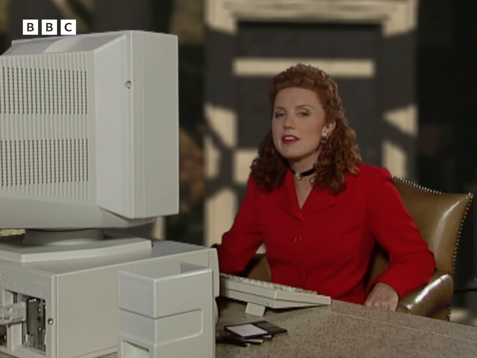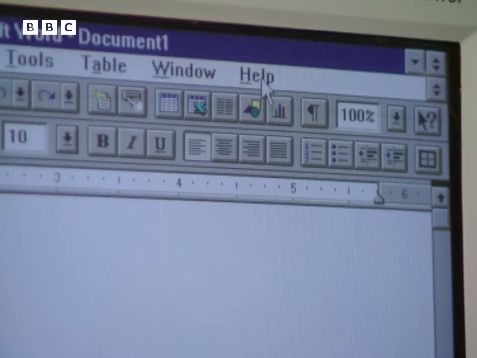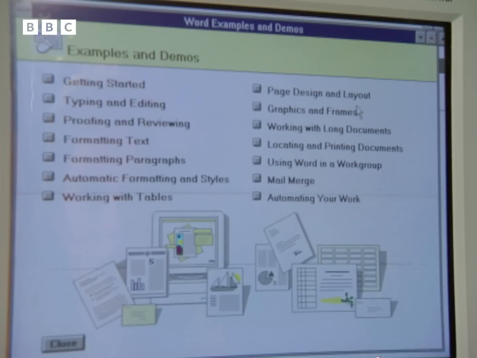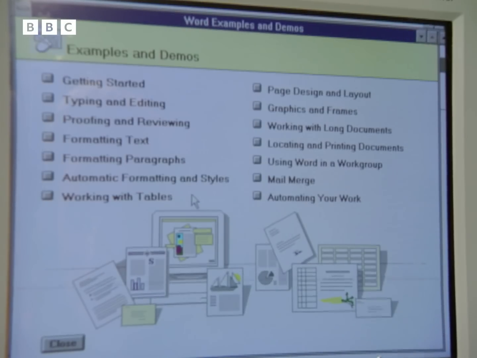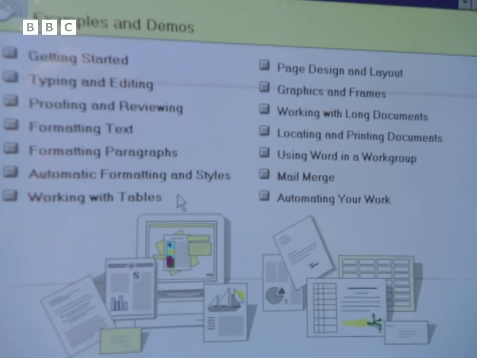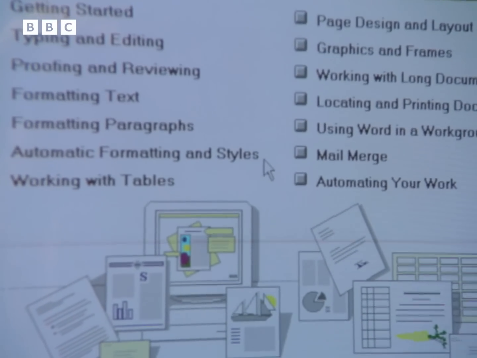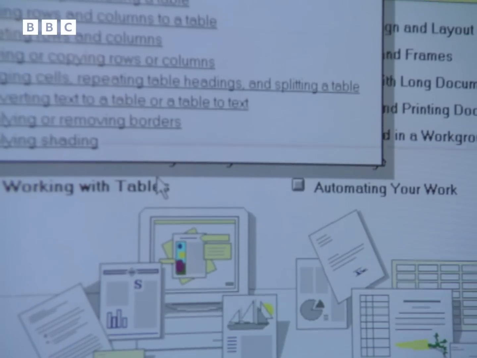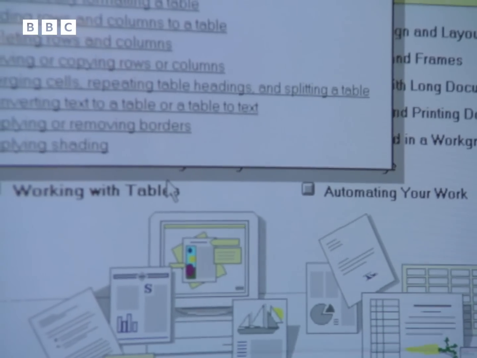This is just an ordinary word processing package with the help menu up in the top right-hand corner. If I click on it and scroll down to examples and demos, then up pops a screen full of headings. Now, each of these headings is in fact a hyperlink, and I can tell that because the cursor changes from an arrow to a hand. So we have hyperlink and hyperlink. The help pages are in fact one document, with the hyperlinks quickly navigating me from one part of the package